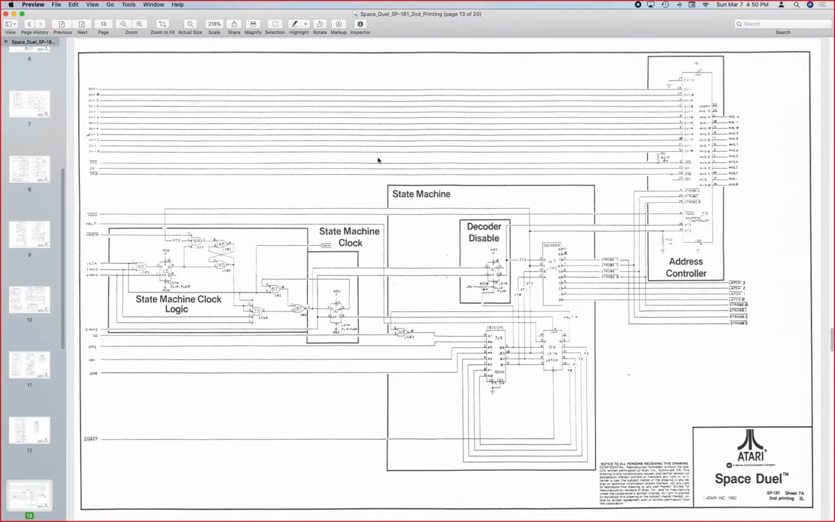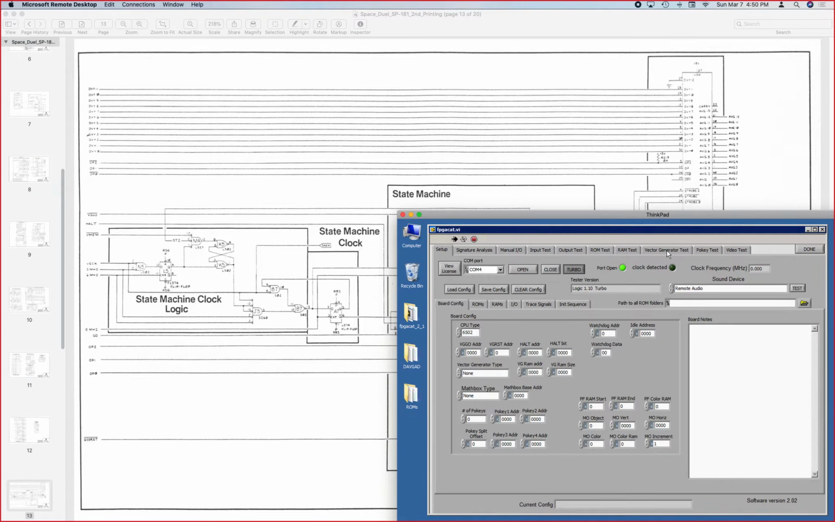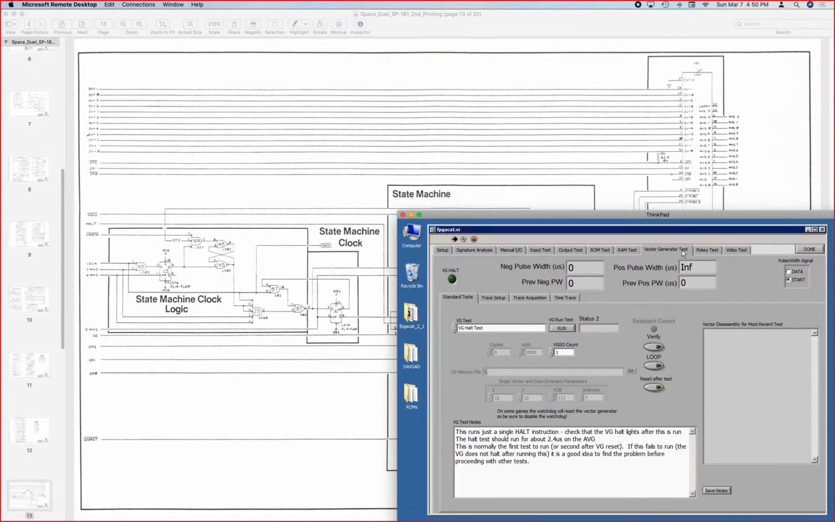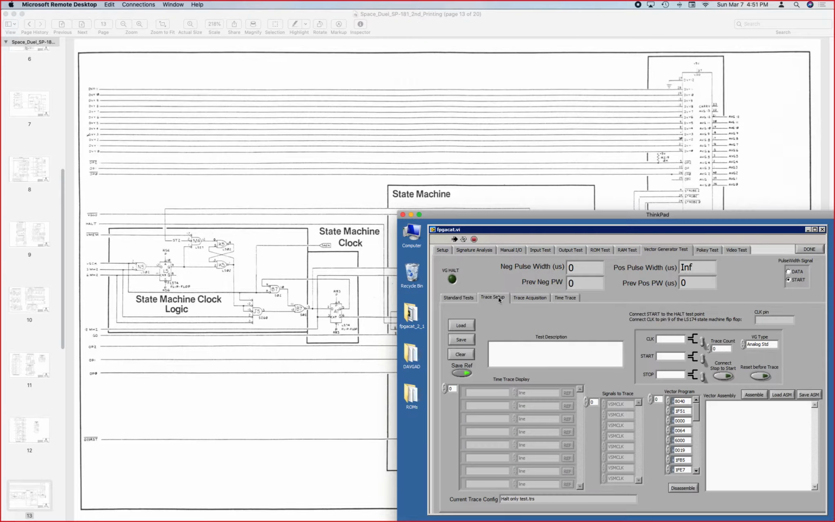Yeah, that's a great introduction, because the state machine has always been a very tricky thing to troubleshoot, because of this nature where it feeds back into itself. So if it's working, great, but if it's not working, it's kind of a loop, and where do you start? That's what the vector generator test tab of Fred's tester is for, and it continues to be developed, with more and more stuff added to it. Trace setup is